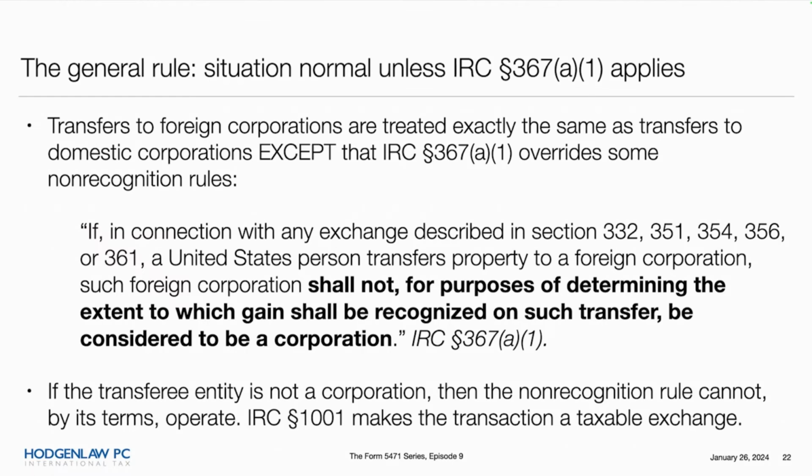It says if you do one of these non-recognition transactions, so you can see them listed here, 332, that's a liquidation of a subsidiary into a parent, 351, capital contribution to a corporation, 354, 356, that's the tax consequences to a shareholder if there's a Section 368 reorg, and Section 361, that's the tax consequences to a corporation if there's a Section 368 reorg. So if you have any one of these things,